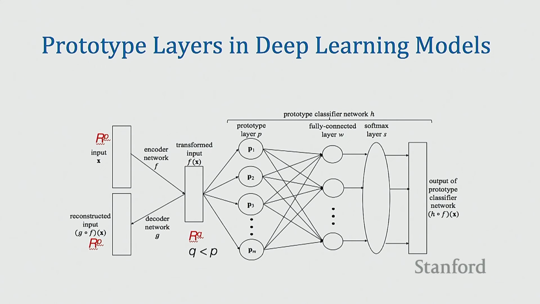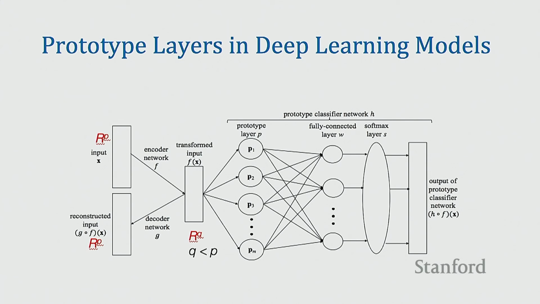So let's say our input has dimensionality p, so it's a vector of real numbers of dimension p. It passes through the encoder and gets transformed into R^q, which is a q-dimensional vector of real numbers, and q is typically less than p. For those of you wondering what exactly this component is, think of it as creating a low-dimensional representation of your input. So in some sense, you're trying to reduce the dimensions in your data while preserving the most important information.